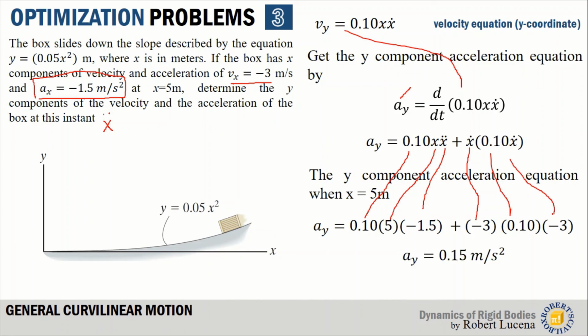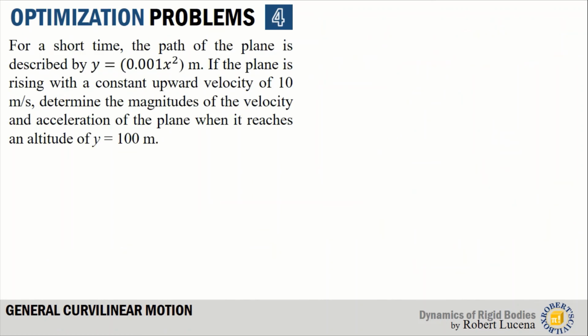Now the acceleration about y is 0.15 meters per second squared, and that is your answer. We already have the y component velocity and the y component acceleration. Now for the last problem,